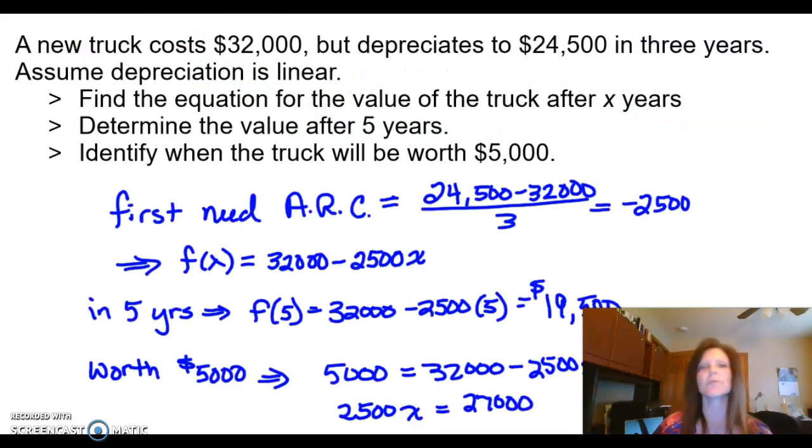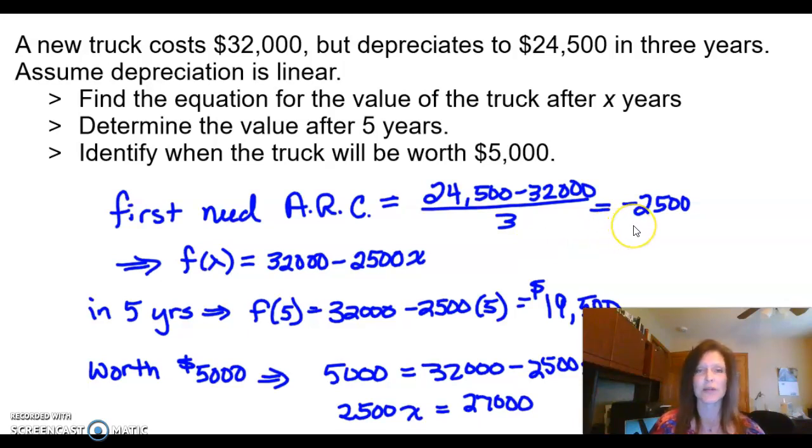This one's a little bit different because this time we're involving depreciation, which means we're going to be decreasing in value. So our truck starts at $32,000 and depreciates to $24,500 in just 3 years. We want to assume that depreciation is linear and then find a model and answer some questions. So again, one of the first things we have to determine is, what is the rate of change? Well, my new amount was $24,500 minus my original amount, divided by the change in time, 3 years,